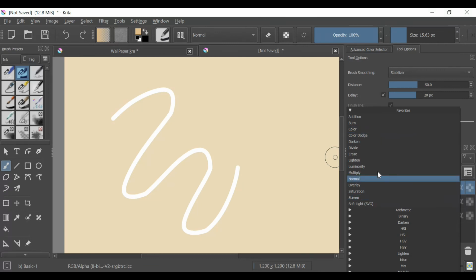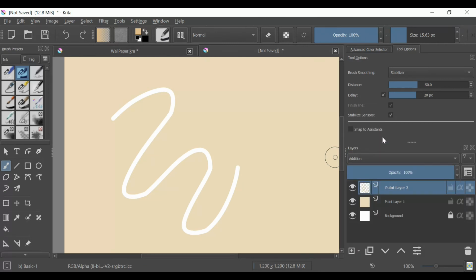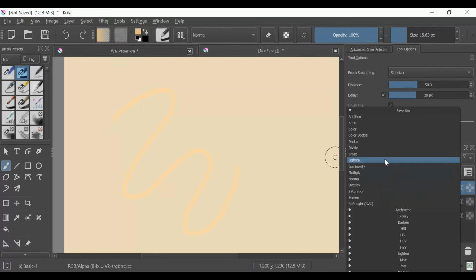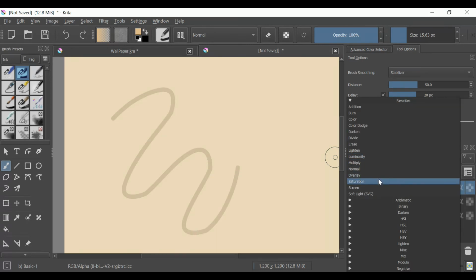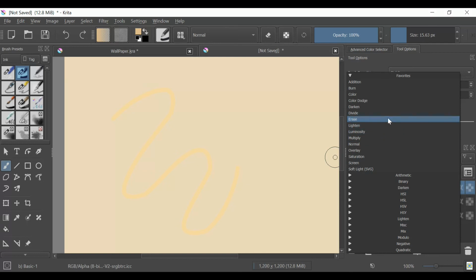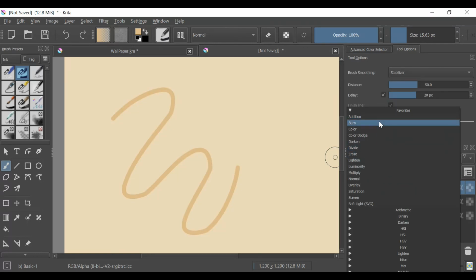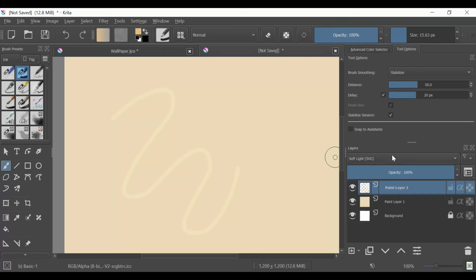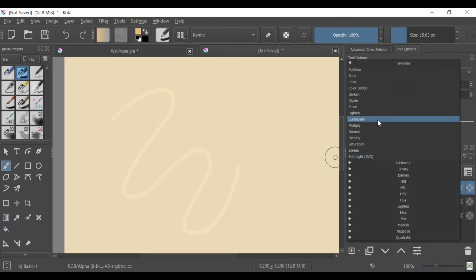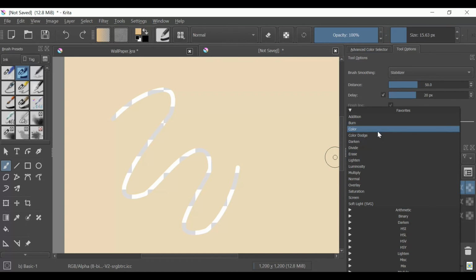These are just different options. You can choose to give different effects to your layers. Each of these do something different. I don't fully understand all of these myself, so I would recommend looking up a tutorial on that